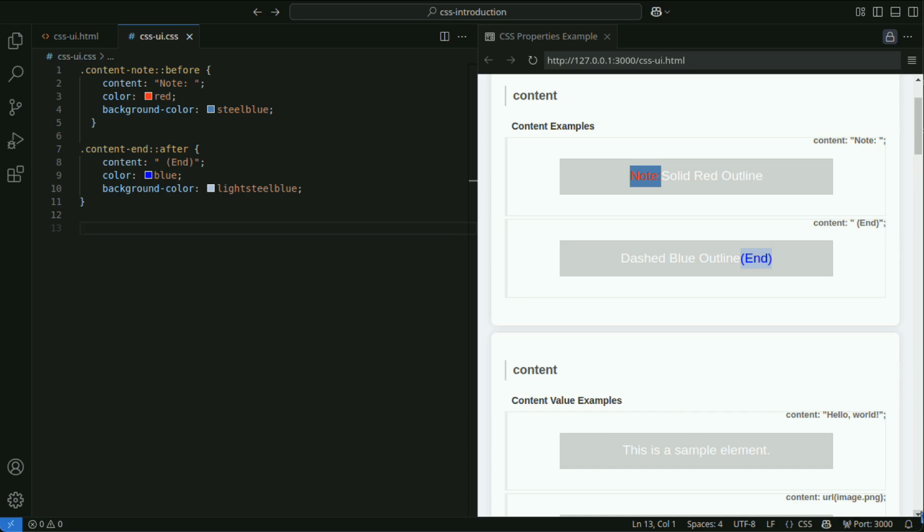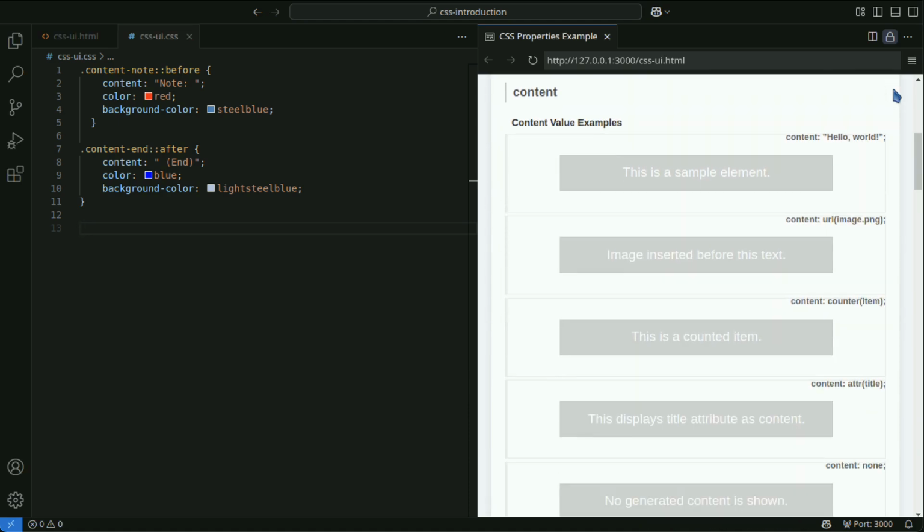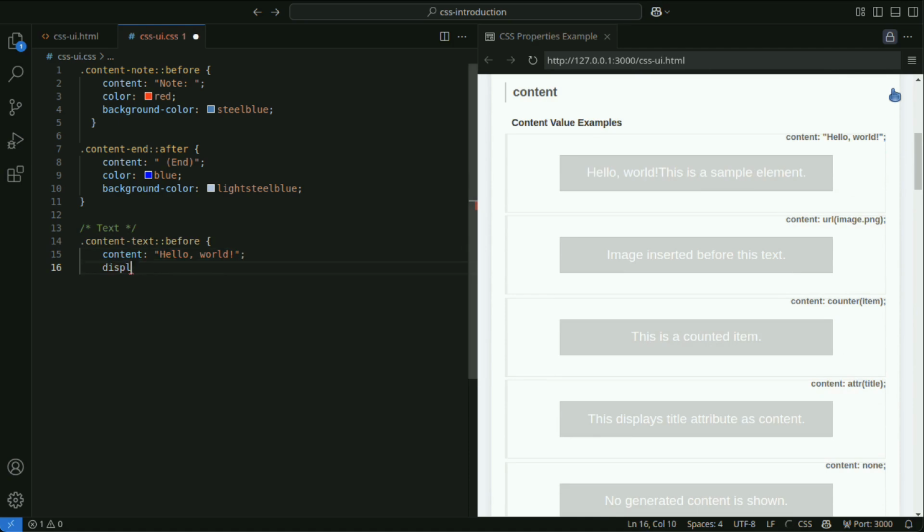The content property can take the following values. Text. You can add text by enclosing a string directly in double quotes.